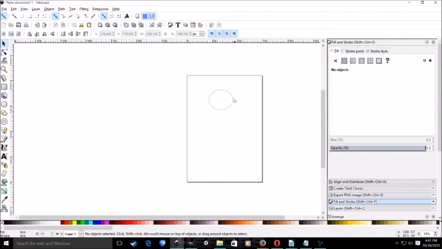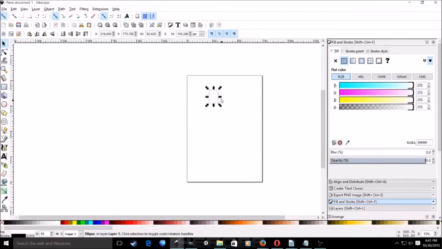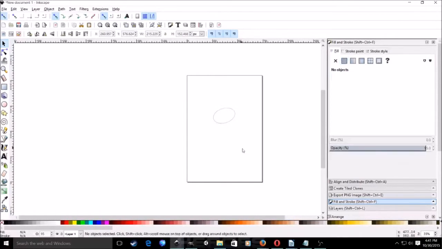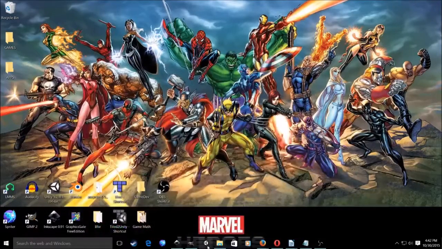Stuff like that isn't so easy to do in GIMP, especially for shaping it. Double click, now we're rotating it. So this is going to be very easy for finalizing our artwork, because this is more vector-ish, so it scales better. If I need to blow it up or shrink it, it's not going to get as pixelated as regular rasterized images would be.